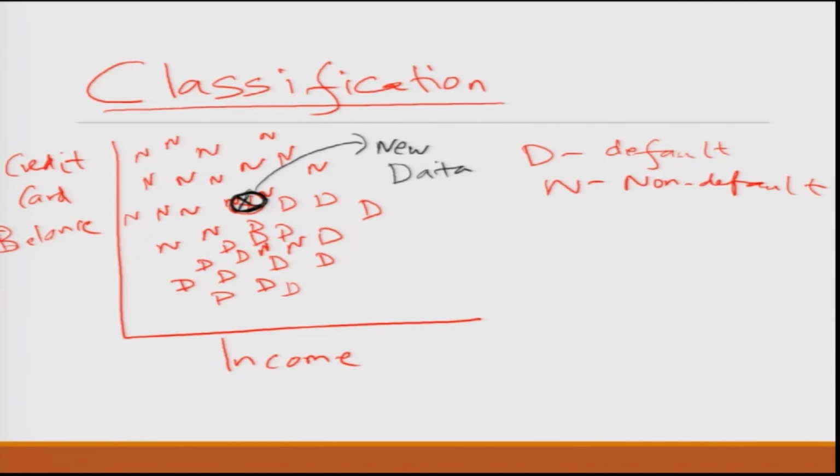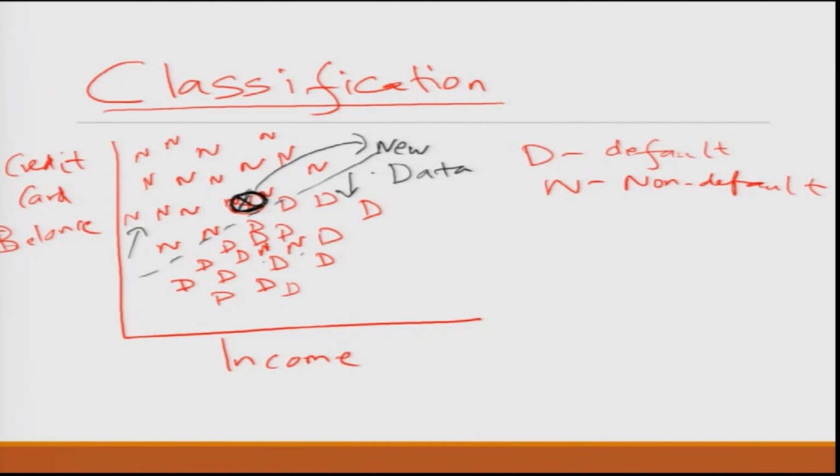Intuitively, if you look at it, it makes sense that roughly it looks as if this can be clearly partitioned here, and people who are here are mostly defaulters, people who are here are non-defaulters. But then there are some exceptions out there, and of course there will always be errors in the model. You do not want to be 100% correct. So, in this case it is simple. What if it was much more jumbled? These kind of problems are called classification problems. Now, depending upon whether you can easily separate the boundary or not.